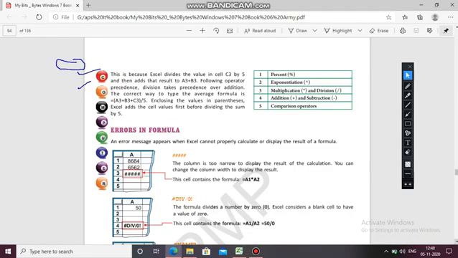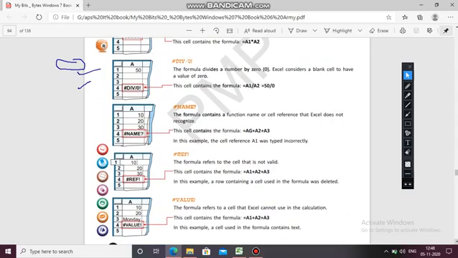Now next, #NAME?. The formula contains a function name or cell reference that Excel does not recognize. Means you have used a formula which contains a function name that is not inbuilt in MS Excel, or a cell reference that Excel does not recognize.